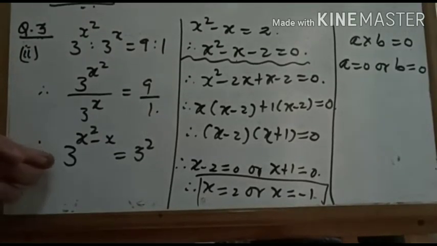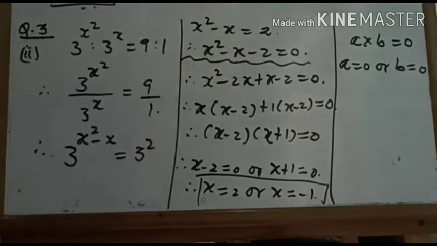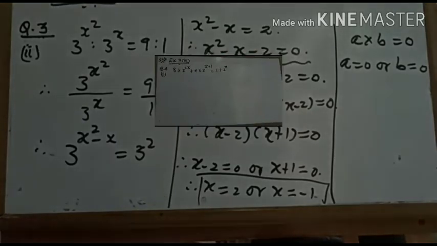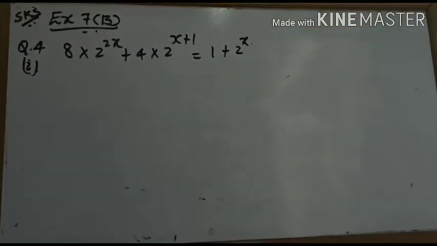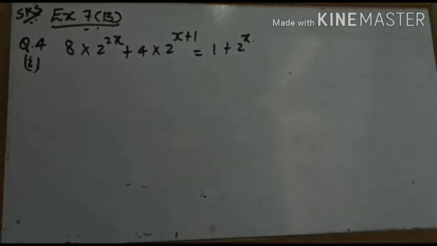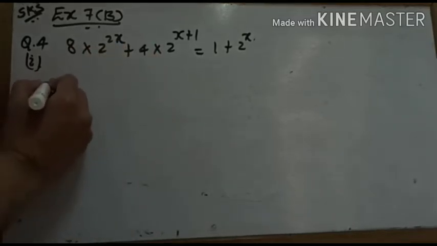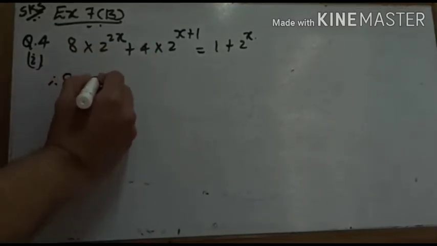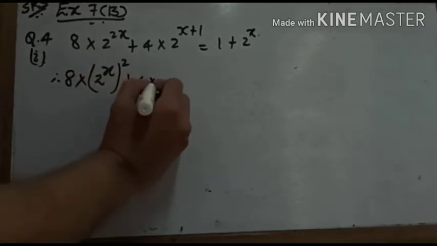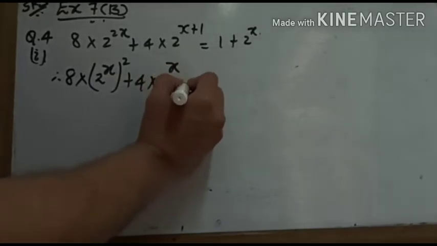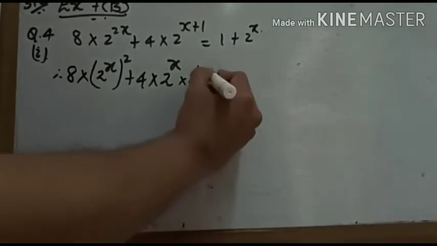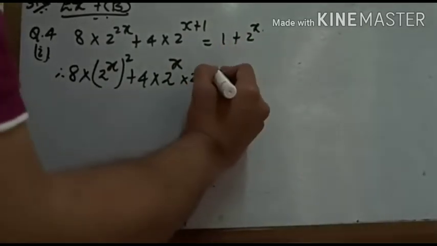You need to know the laws of indices, you need to know splitting up the middle term, and you should know the rule that if the product of two numbers is 0, then either of the numbers is 0. This question is a very interesting one, and you have to be a little more careful. They've given us a long equation. First of all, 8 into 2 raised to x whole raised to 2, plus 4 into, if you remember in the first exercise we did that if the powers are added or subtracted, we can split them up, 2 raised to x plus 1, plus